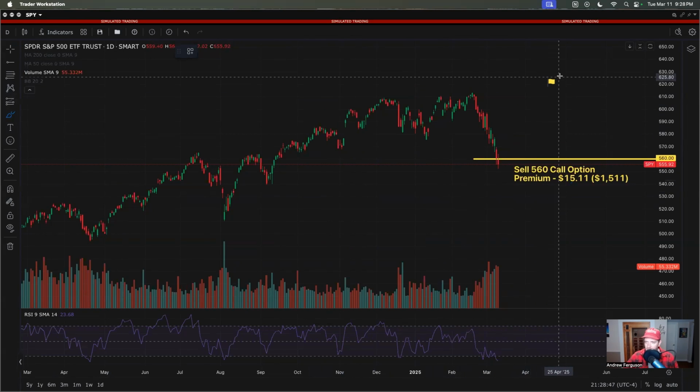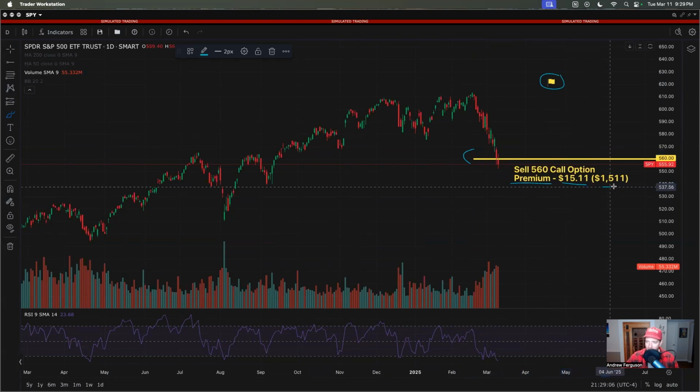So as you can see, our expiration date when we're selling this 560 call option stays the same at April 17th. Our line just moves up a little bit because we've sold. And our premium now, it's not a fee or a cost, it's premium that we're getting paid because we're doing the selling. So we get paid something as the seller, the 1511 right there,